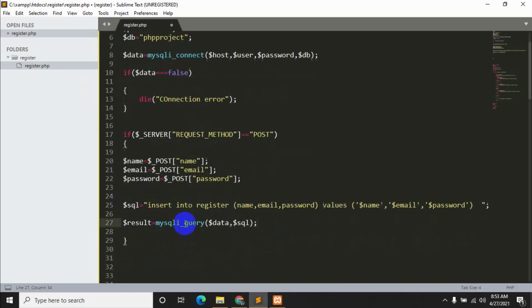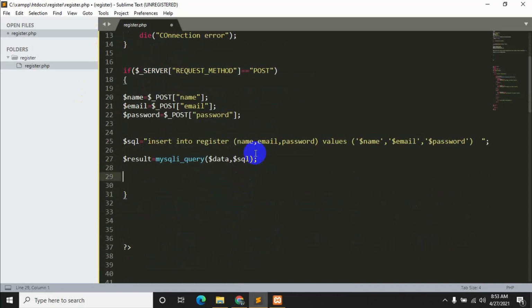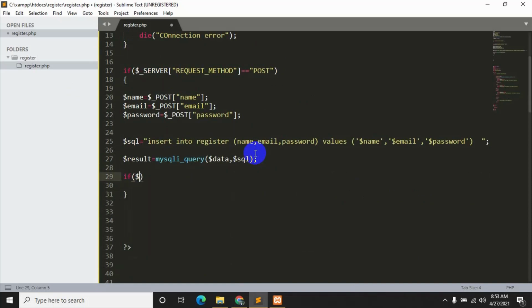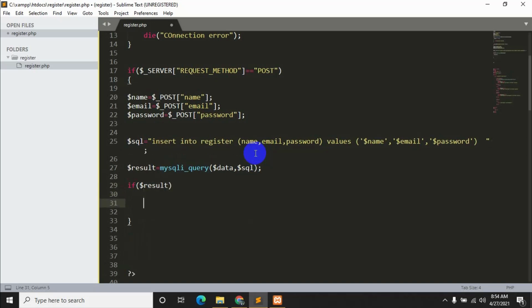And then we just need to say if $result, then, let's say, after registering, if the user is successfully registered, then it will come to this if condition.